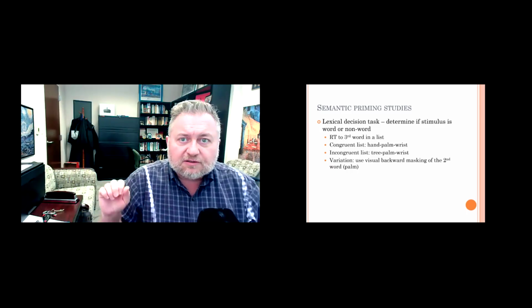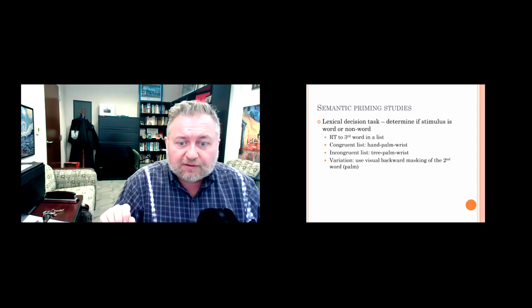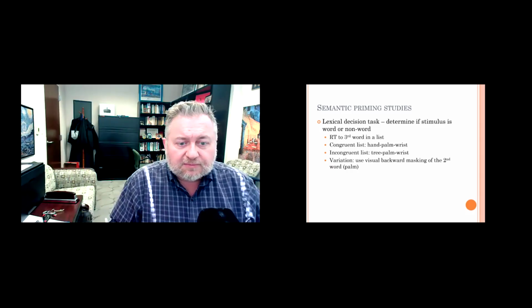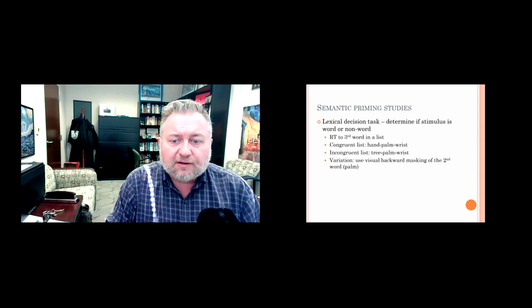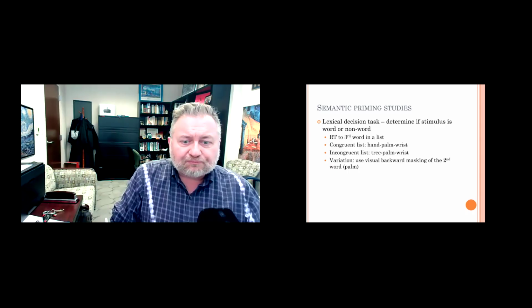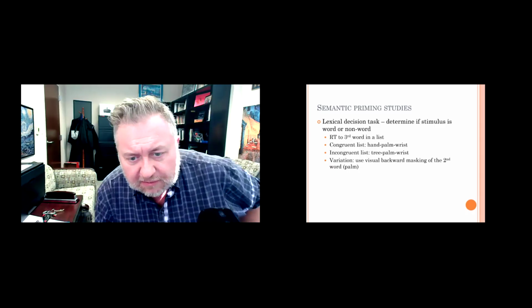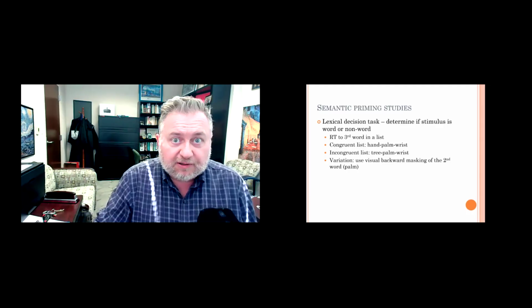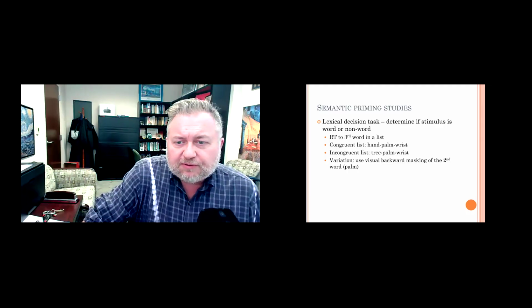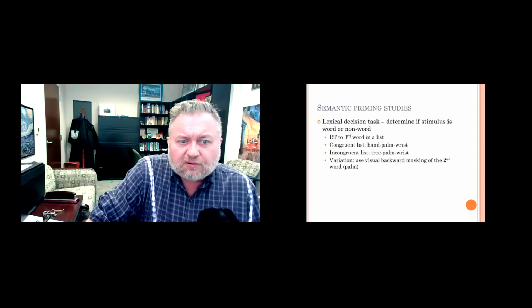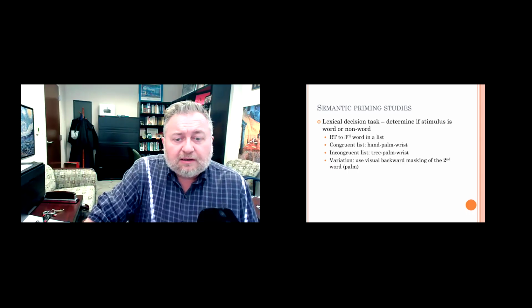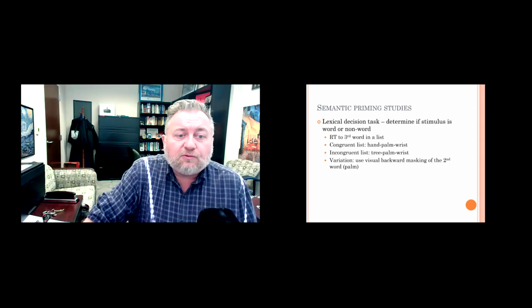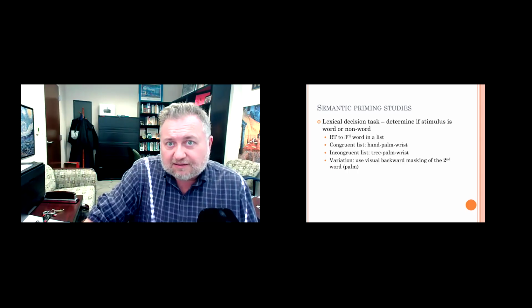So you see the word hand on screen, it goes away, then the word palm appears, and then the word wrist appears. And what we're interested in here is having the person respond to the word wrist. And the point here is that why are you responding? What are you responding to? Just the appearance of the word wrist? Well, no, what we want people to do is we want people to determine if the stimulus is a word or a non-word, right? And so they're actually doing this for every word that they see. So in the case of hand, palm, wrist, they are all words. So they're going to press a button that says, yes, that's a word.